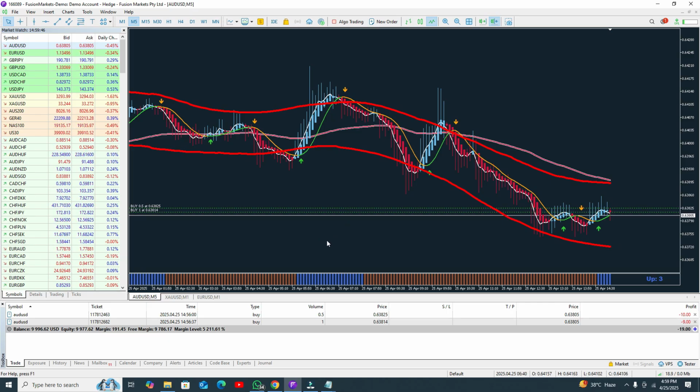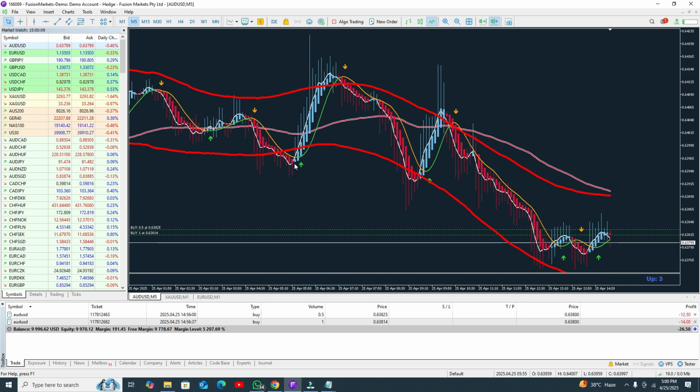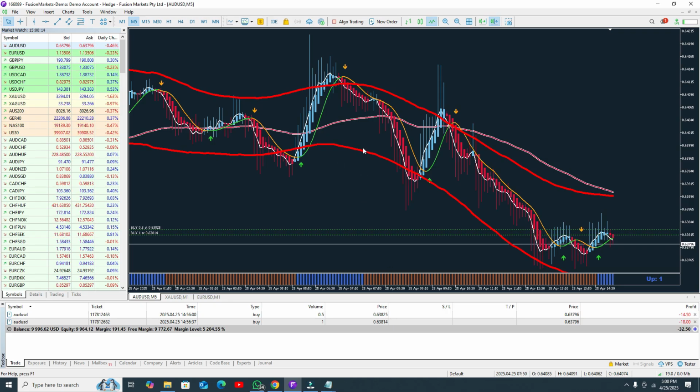Here you can see this indicator is giving you two colors, the blue one and the second one in another color. When it is the blue color, that means you need to open your buy position like this one. From this point you need to open your buy position and close the trade when the candle touches the upper band line. Like here, you need to open your sell position and close your trade here, when the candle touches the lower band line, that's it.